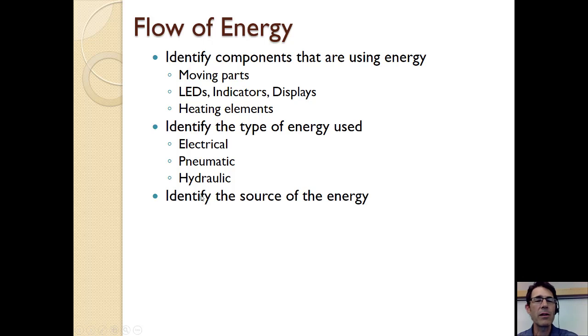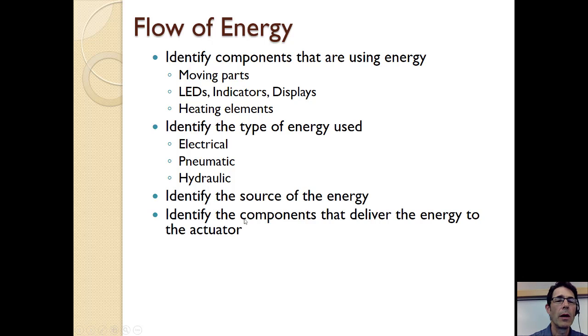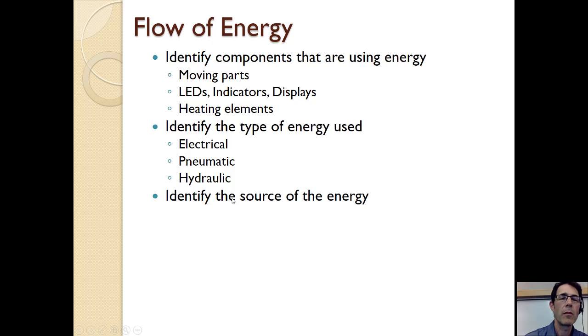And where is that energy coming from? So it could be, you want to know the primary source. Like in terms of electrical energy, somewhere there's an electrical panel that's the ultimate source of the electrical energy. Well, actually, if you go further back, the ultimate source is some generator somewhere, or maybe a solar plant or something. But for the purposes of your equipment,